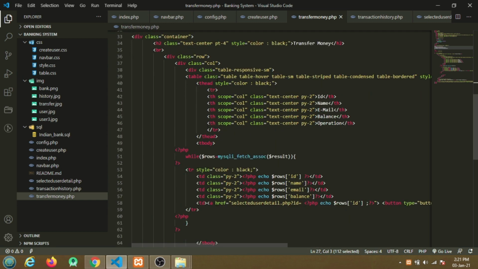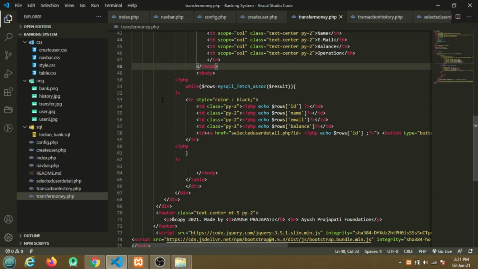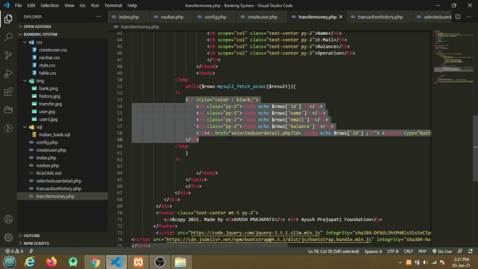And here I have created one table to show all the details of the users, like the user's name, email id and balance. Using PHP I am able to fetch all the details of the users from the database.